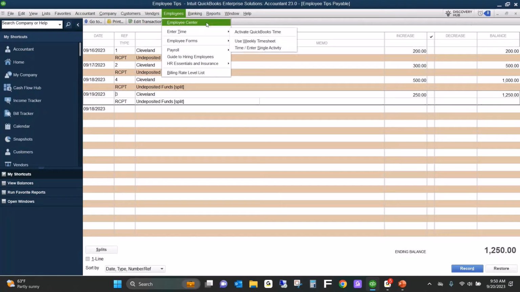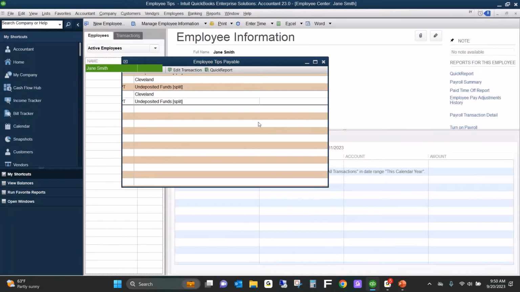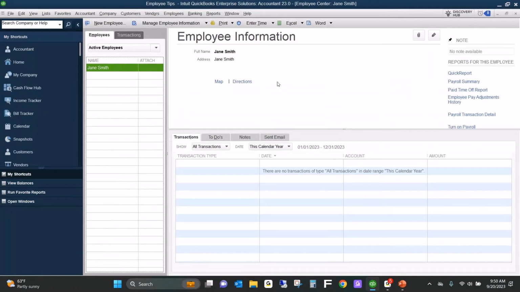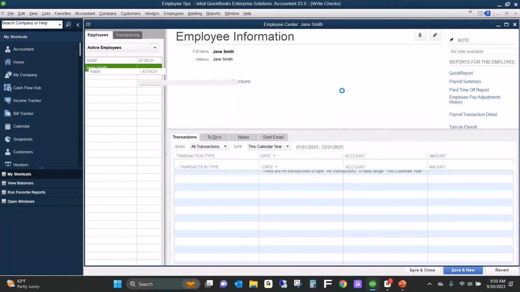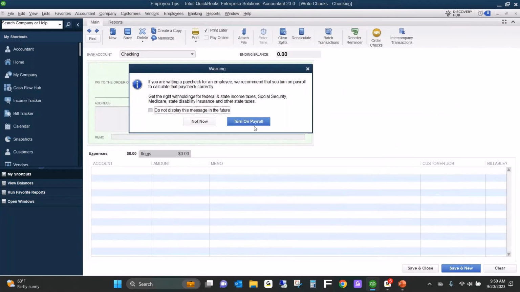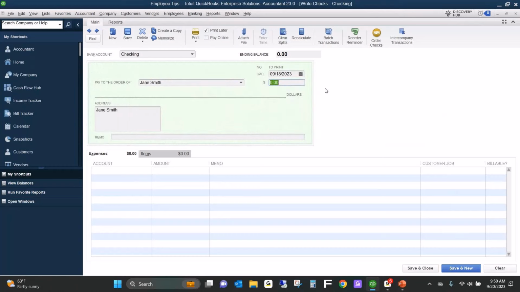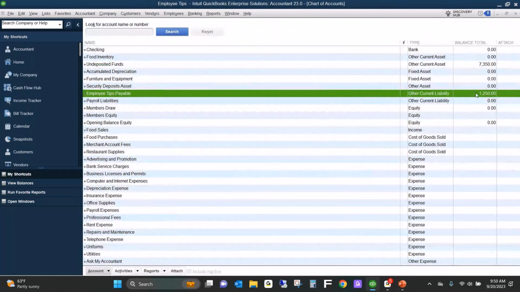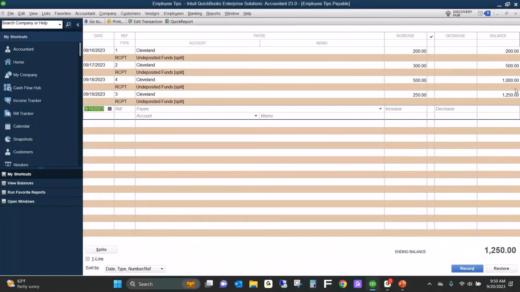So I'm just going to go back to my employee here. And let me actually just go up to write a check. I don't have payroll all the way turned on in here, but let's just write a check to Jane Smith. So let's pretend, going back to our account balance, we have $12.50 in here. If we were processing payroll for that period and the net total that we needed to pay to Jane Smith was that $12.50,